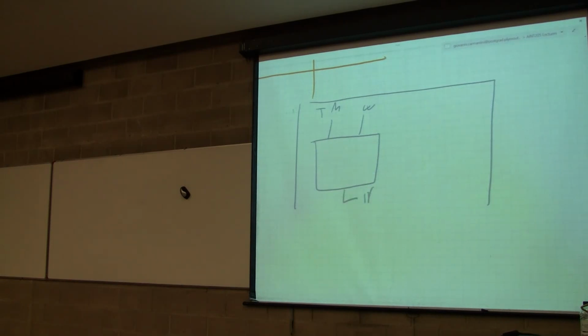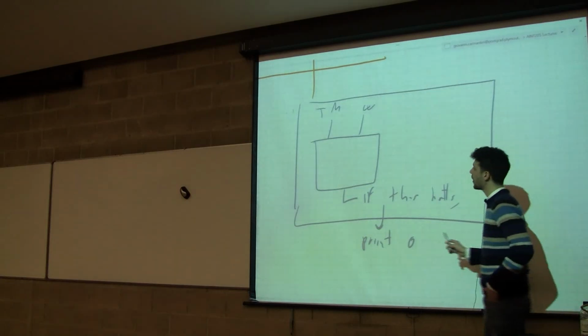So if this halts, print 0. So this is a Turing machine, right? What you're doing is,